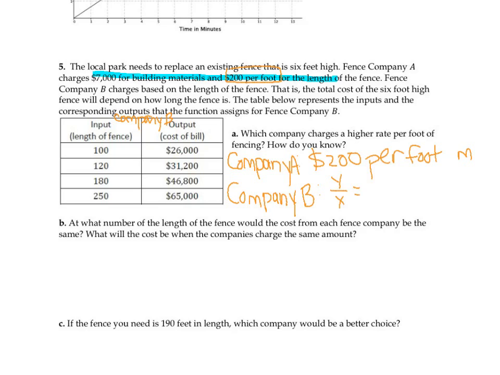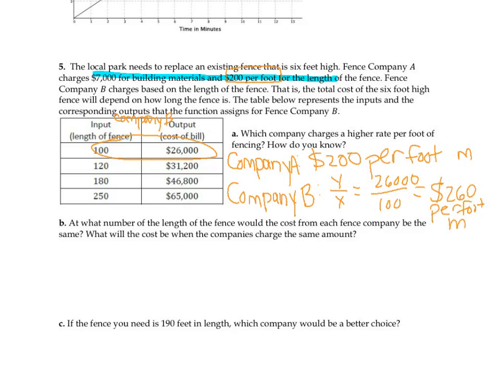So in this case, we can take that first set of input and output, so 100, 2,600, and do 2,600 divided by 100. When we do that in the calculator, we get $260 per foot,